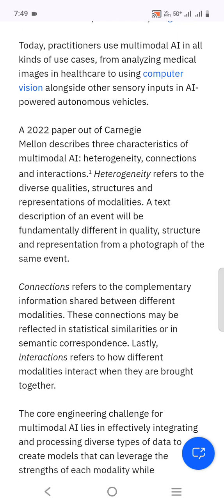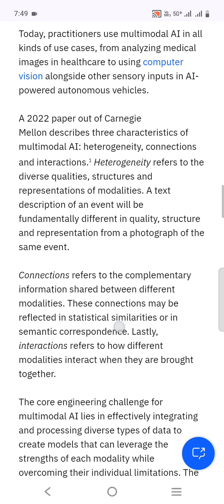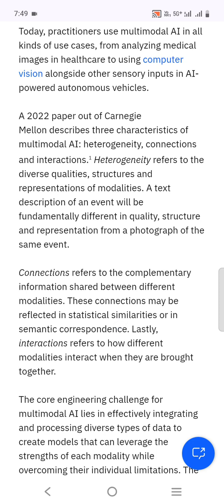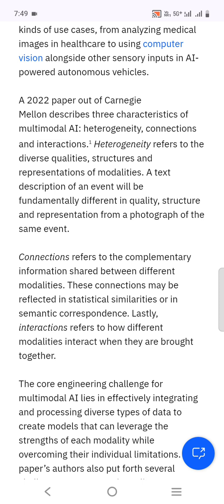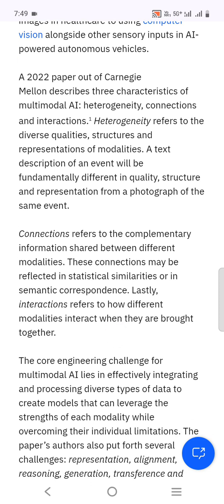A 2022 paper out of Carnegie Mellon describes the characteristics of multimodal AI: heterogeneity, connections, and interactions. Heterogeneity refers to diverse qualities, structures, and representations of modalities. A text description of an event will be fundamentally different in quality, structure, and representation from a photograph of the same event.